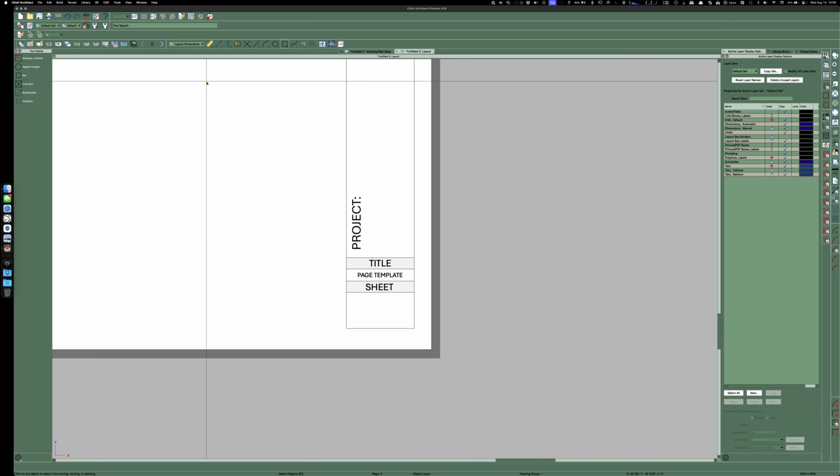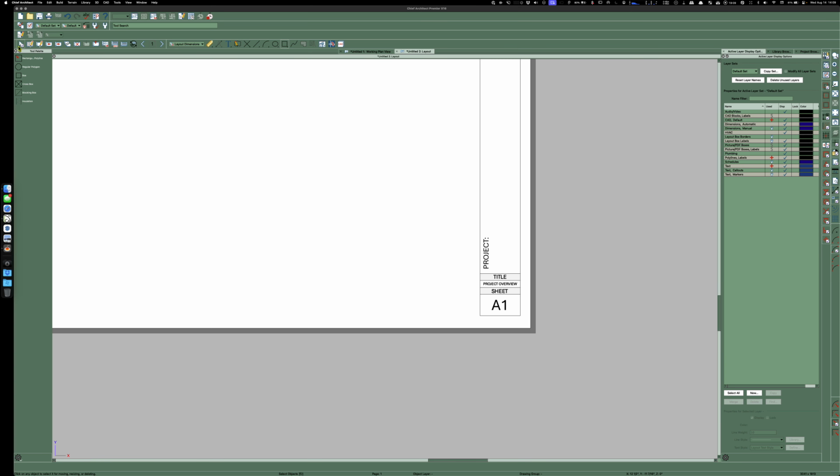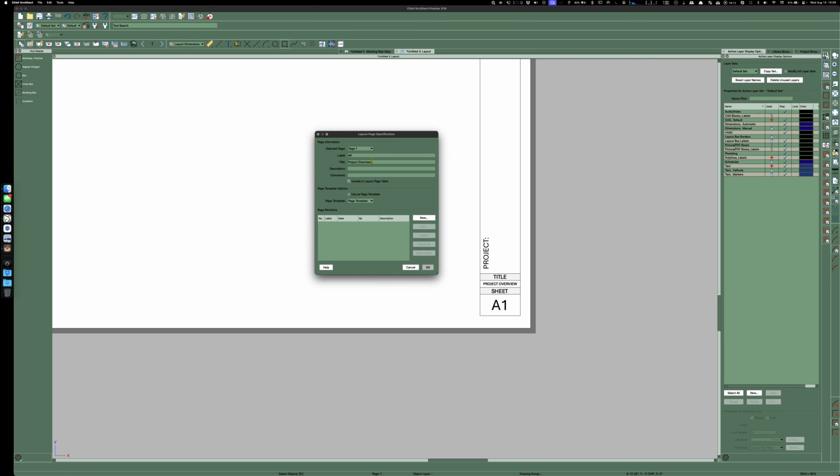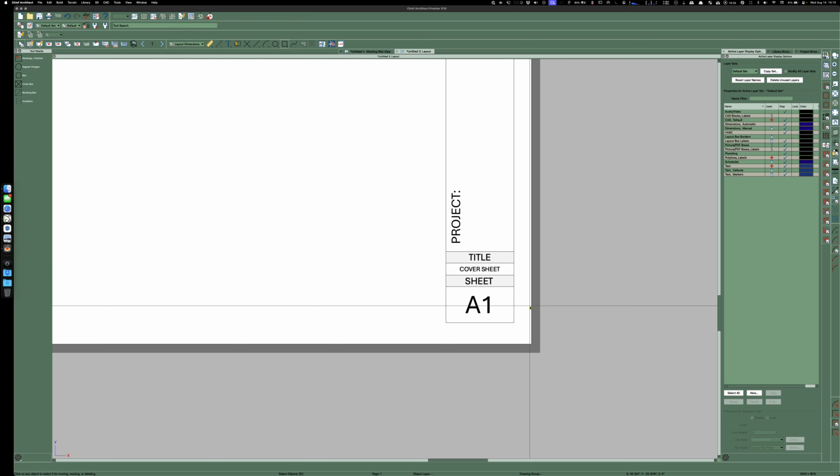So this is page 0, and we go to page 1. See how it says project overview? See how we're building this? And when you come up here, you can call it whatever you want. If you get these too long, it's going to wrap text, so that won't look right. But title, sheet, and like I said, some people like to do the